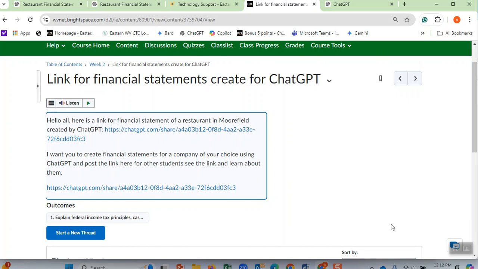For now, if you don't know how to do it, wait until some students who already have ChatGPT or know how to create it go there and create something and post it on the discussion board. And if you have any problem doing this, just send me an email. I won't penalize you, because I understand it has a lot of steps. I want you to use your college email. If you don't know how college email works, just send me an email and let me know, and I will show you.